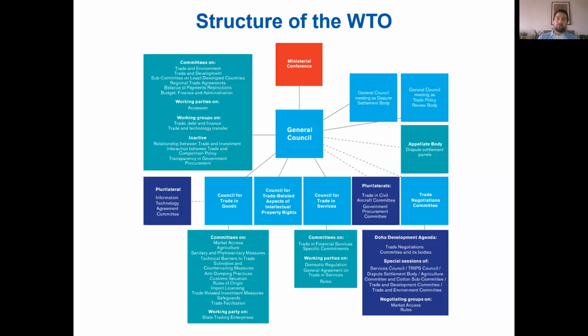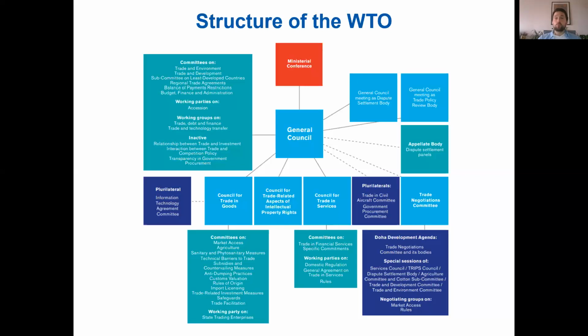And then, irrespective of all this structure, which so far is more or less clear and reflective of the structure of the WTO legal text, there is a big group of committees and working groups that have been formed separately and that report directly to the General Council. Those are cross-sectoral groups that could not be put within the framework of one particular committee, and therefore they were put aside as a matter of separate committees. Those are questions of trade and environment, trade and development, assistance for less developed countries, special and differential treatment, subcommittee on least developed countries, clearly those countries which are at the most disadvantage in international economy and trade,